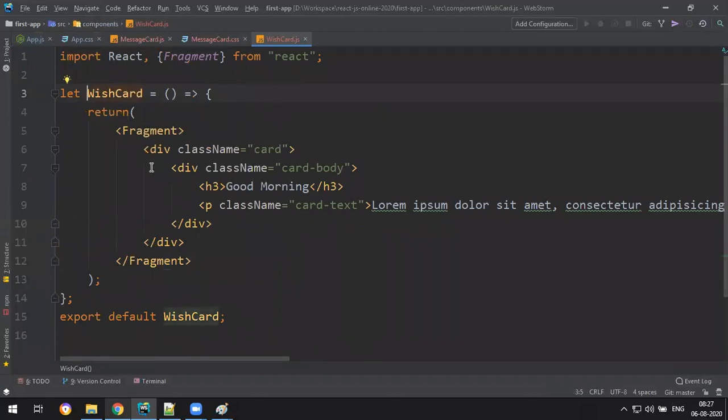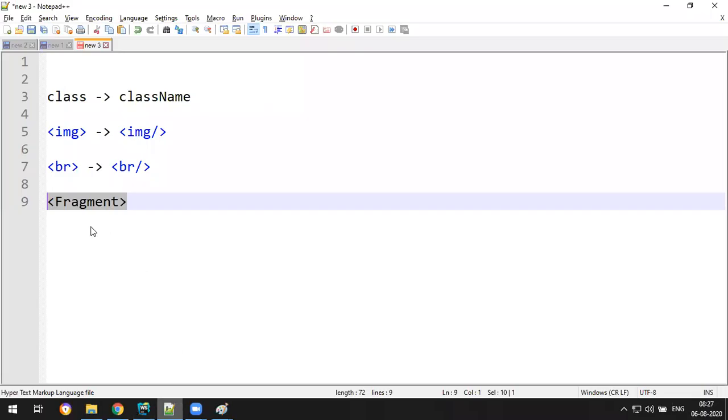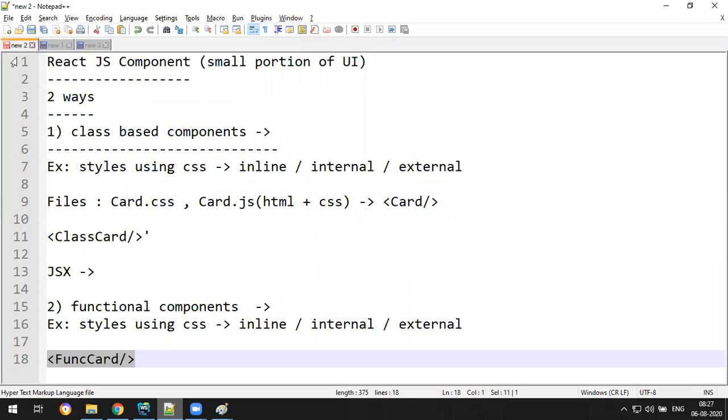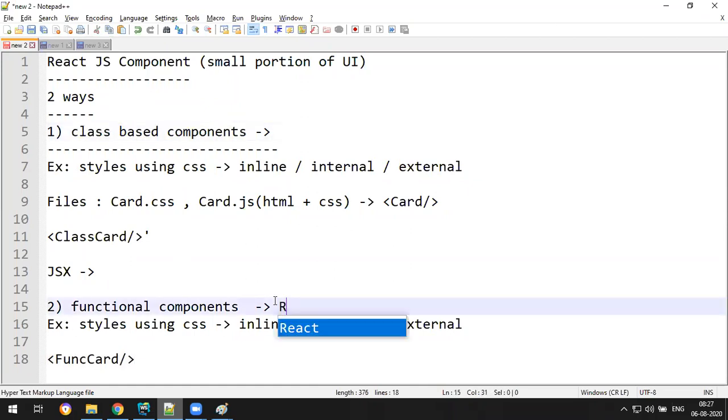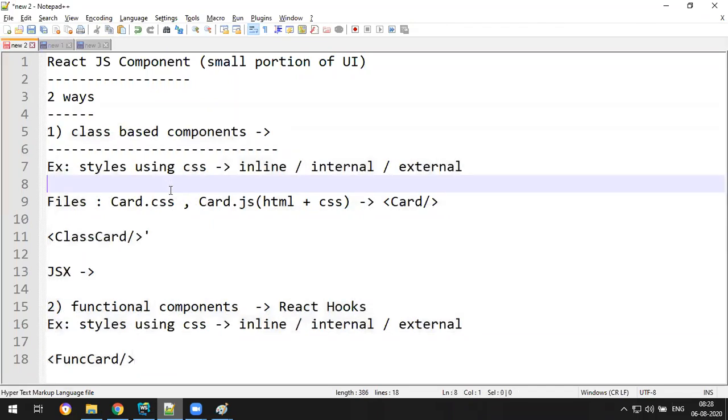Okay, fine. And so two ways we can create class base and functional components. Okay, so first of all, I tell you, our plan will be class base components we'll discuss first. Functional component, there's a concept called React hooks. Okay, up to static content, both are same. Either use class based component or functional component, but when actually come for the state management concept of both, then this will go for a separate path.